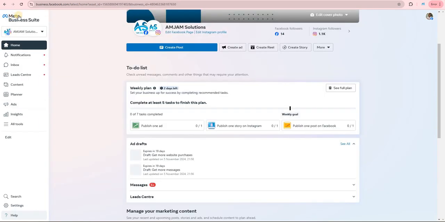In this video we'll discuss how we can create ads on Meta Business Suite. We have to create the ads on the Meta Business Suite, so from there we can run ads. So for creating the ads on Meta Business Suite, once you log in to the